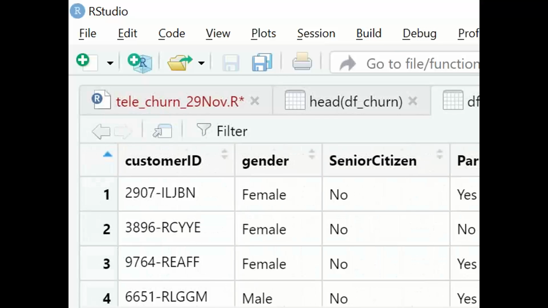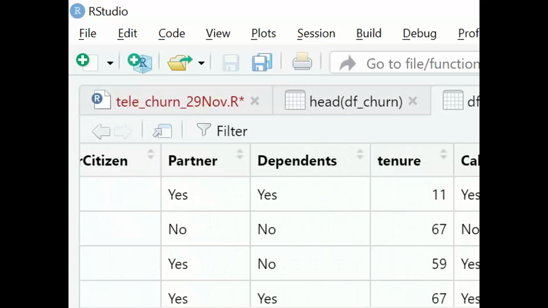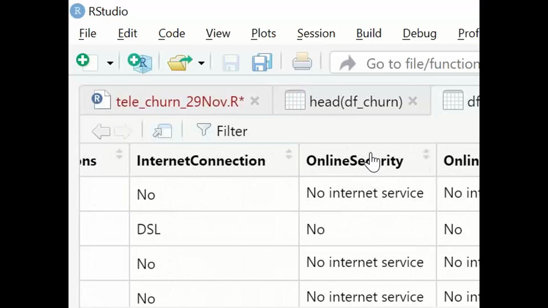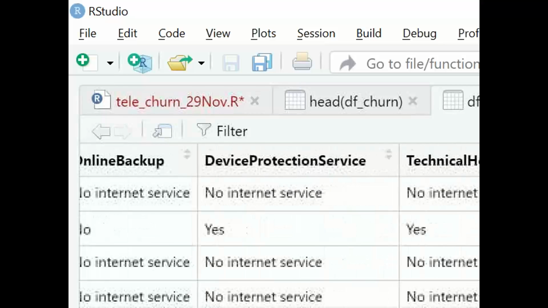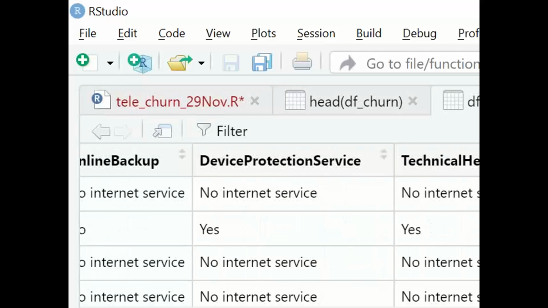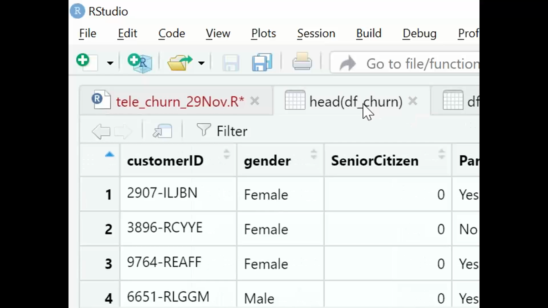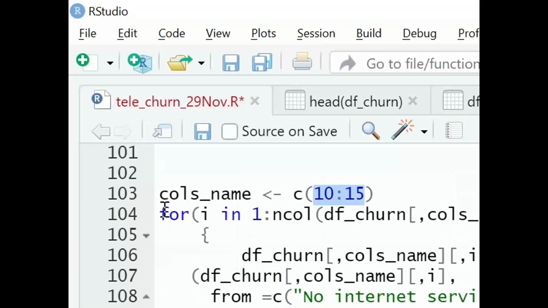So if you start counting from here, 1, 2, 3, 4, 5, 6, 7, 8, 9. From the 10th variable, no internet service is starting. So 10th, 11th, 12th, 13th, 14th, 15th. From 10th to 15th, we have to apply the same logic. So instead of writing the same stuff again and again, what we are doing is we are writing a loop. So we are saying for I in 1 to number of columns, that is these many number of columns, what